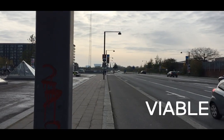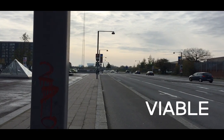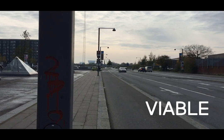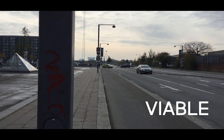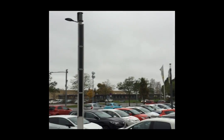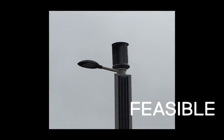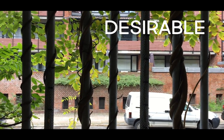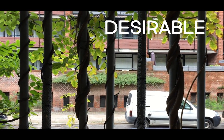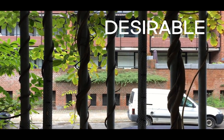Our business model is viable due to these lights being municipality owned, as opposed to the restrictions with working on private residence facades, and economically viable as we are repurposing existing street infrastructure so there is minimal material usage. The technology, being the soakaway and solar and wind catchment, is feasible as it exists and has been tried and tested in similar circumstances. And our design is desirable as the introduced materials match that of the existing pole, but most importantly provide an aesthetically pleasing green street symbol, making use of vegetation to attract insect and bird life and